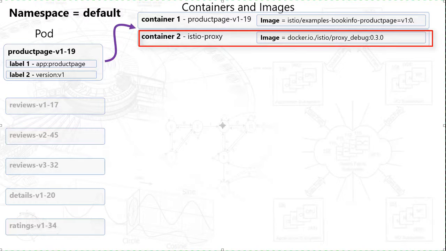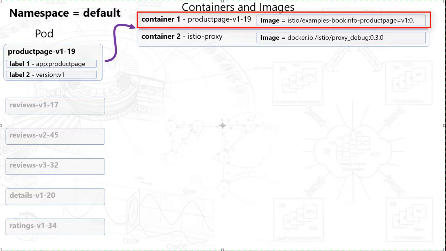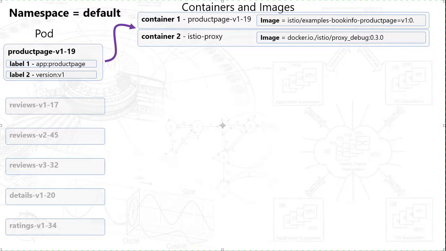That's that Envoy reverse proxy layer that acts as a layer 7 load balancer. Also notice that in this case, container 1 is simply the product page v1. That's the Python application. You can see the underlying image here. What I think is really important here is to look at the labels over here, because later on you'll notice, for the reviews part anyway, that these labels will play a role in routing the traffic to certain pods. So proper labeling is critical here with Istio because it's used by the underlying infrastructure to communicate among the different